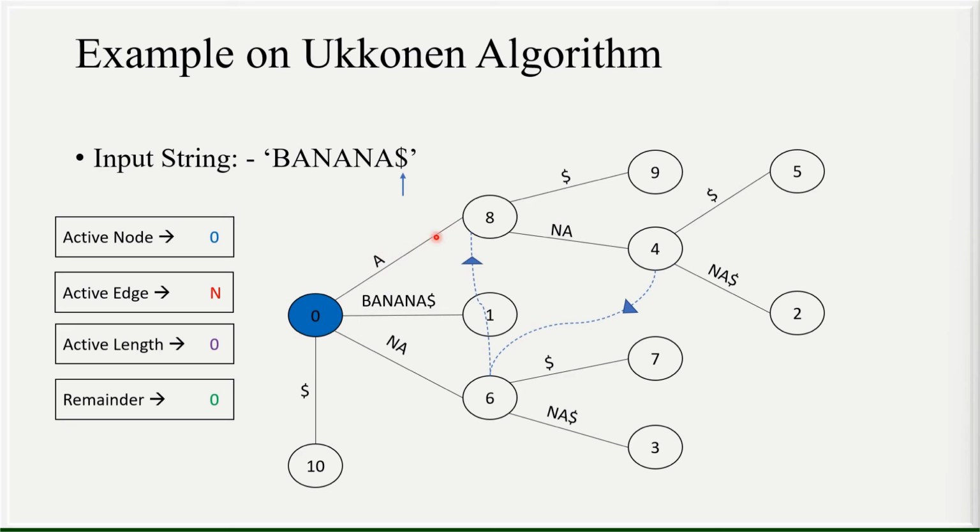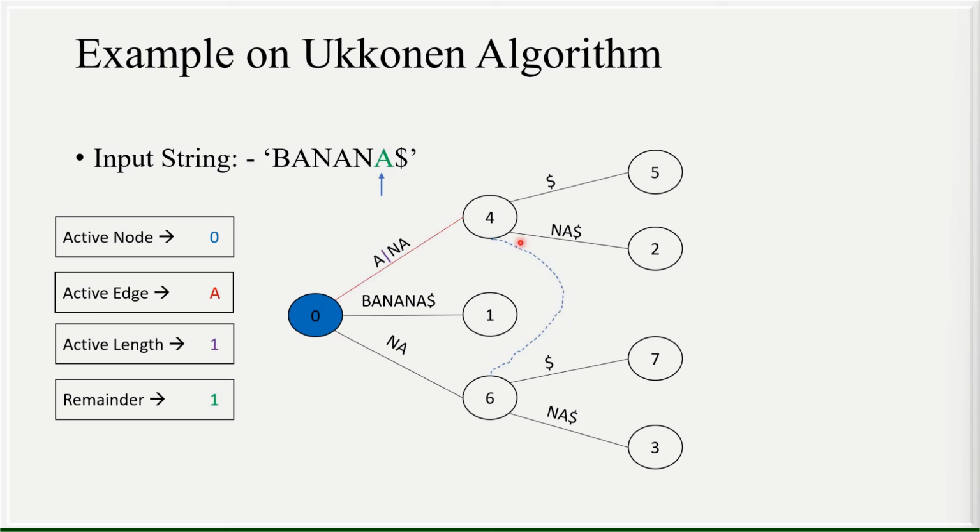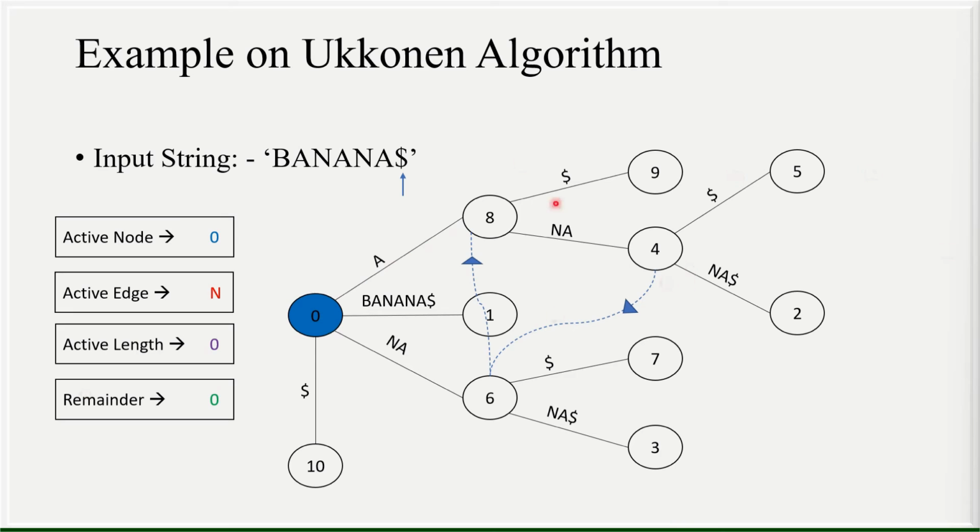So now the NA will get shifted from the previous slide. If you see, this NA will get shifted here. This NA will form two different child or leaf nodes, and the tree will be like this. So this is NA, and this is the NA dollar, which was earlier present here. Now this was ANA, so the dollar will get here, and NA will come here. So this is the NA dollar suffix, and this is the A dollar suffix.